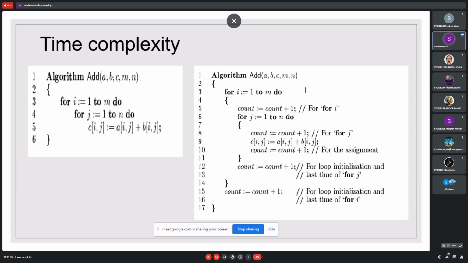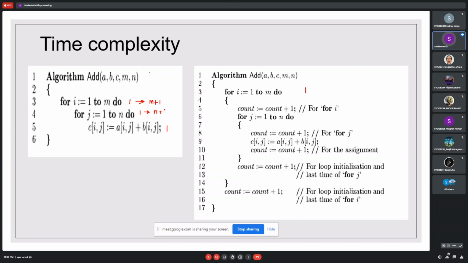Now we'll just see this. This for loop has one frequency. This is also having one frequency, and one step of execution. But what is the frequency of this? It is m plus 1 times, sorry, m plus 1 times. Yes or no? Yes, sir. What is the frequency of this step? It is n plus 1 times. Yes, sir, n plus 1 times.